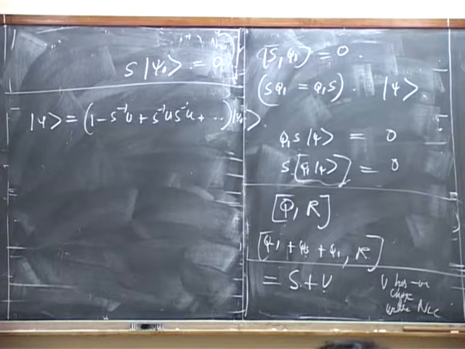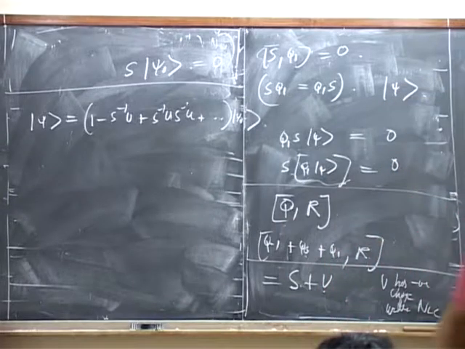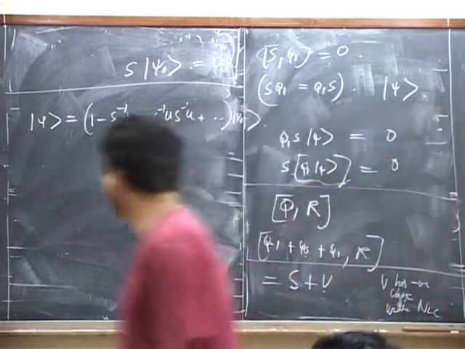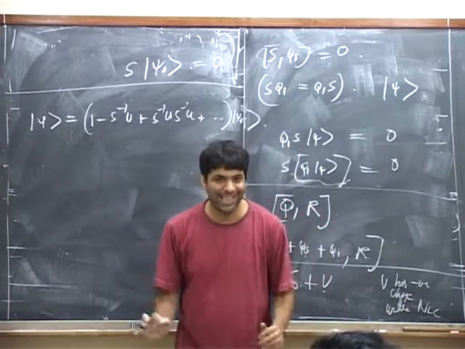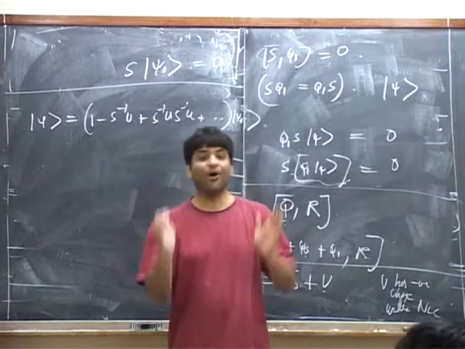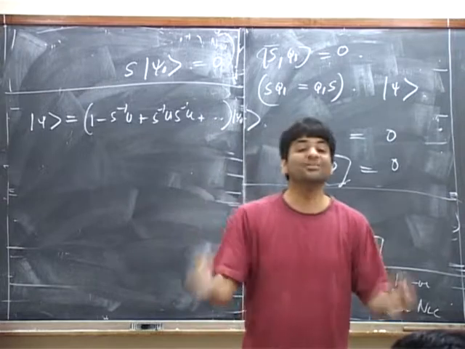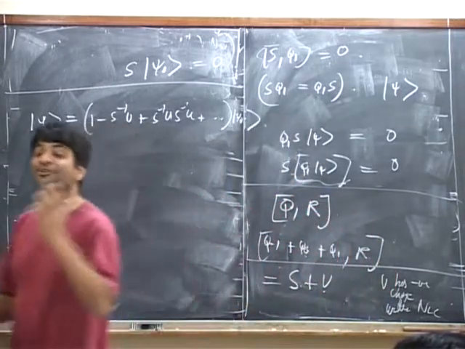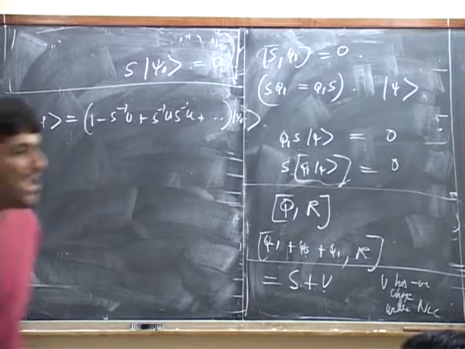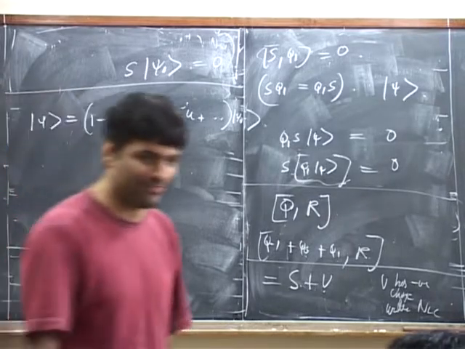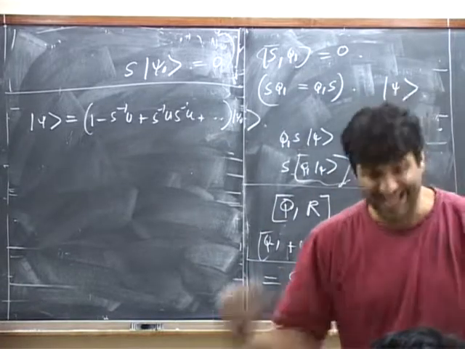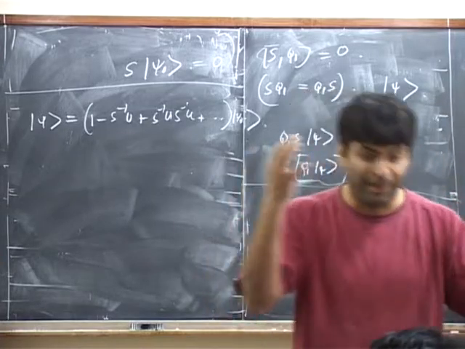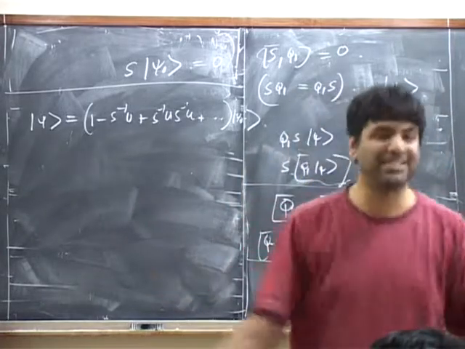Now, whenever you see a construction involving S inverse, you should scream and say, what do you mean S inverse? Because S has a space with 0 eigenvalues. However, remember that U has NLC, which is negative. So U on psi has non-zero eigenvalue of S. Because if NLC is negative, it means the number of minus oscillators minus the number of plus oscillators is negative, which means in particular the number of plus oscillators and number of minus oscillators can't be 0.